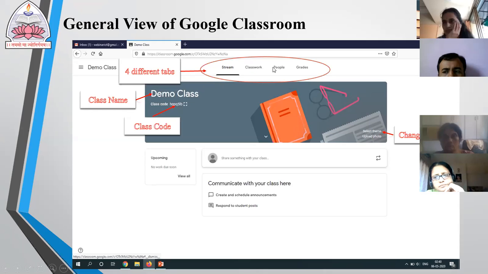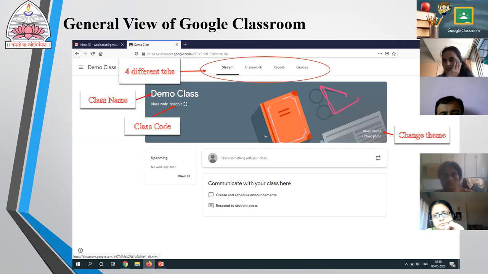The third tab over here is the people. Here I can see how many participants or how many students are there in my classroom. The last one is the grades. This tab displays the name of the students along with their assignments submitted along with the grades they have scored.